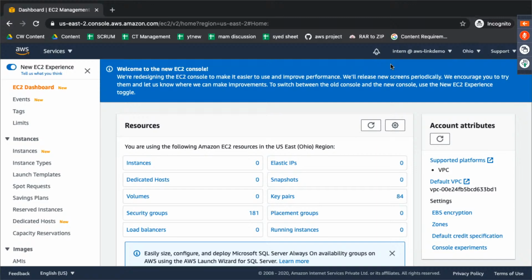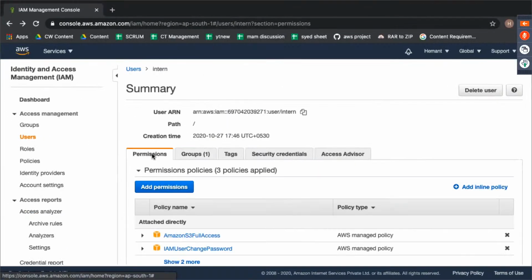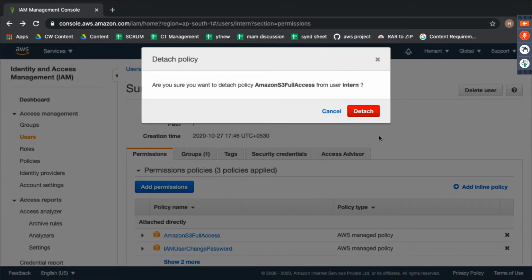Okay. Now, one important thing that you have to remember over here is that any other person that I'm going to add to the HR group will only have access to EC2. He will not have access to S3. The only reason this guy has access to S3 is because I have specifically told in the permissions that he should have S3 full access, right? If I remove this permission from him,